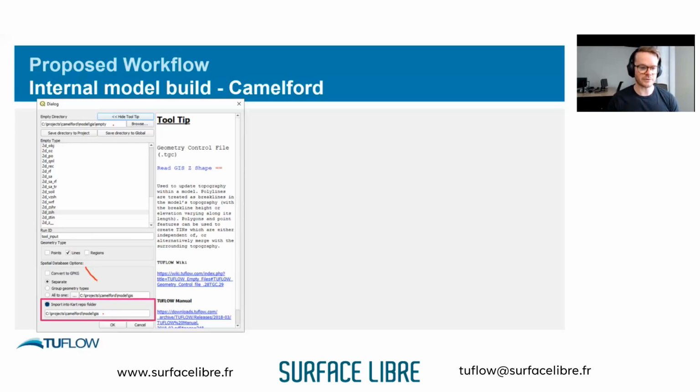So you don't use the other option if you're doing this, just because adding a layer to the GeoPackage is not the same as adding it to the repo. You actually need to go through KART. You need to do this import step into KART to get it to be added and version controlled. If you don't do it, there are ways to fix it, of course. But I just note this, that if you're importing empty through the TUFLOW plugin, there's a convenient way to do it now.